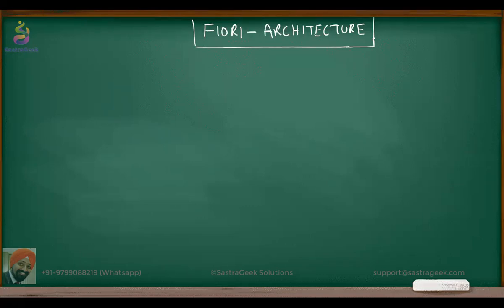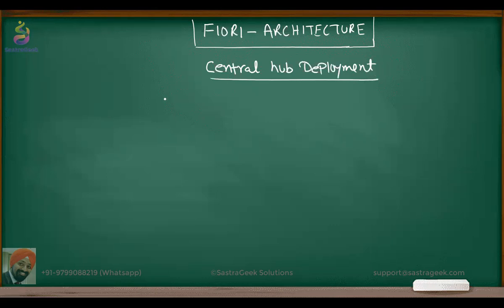So Fiori architecture is available basically in two kinds: one is called embedded, and the second is central hub deployment. First we will be discussing central hub deployment. So in central hub deployment, what would be there? So we would be having a